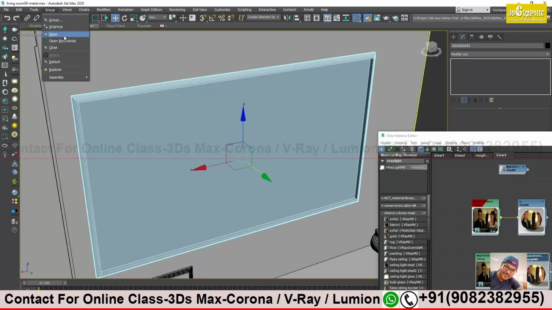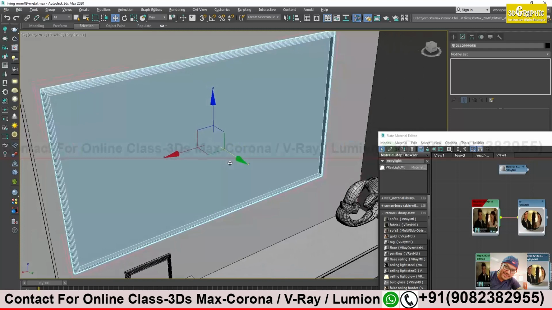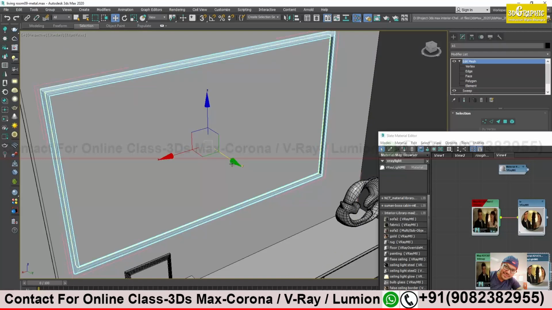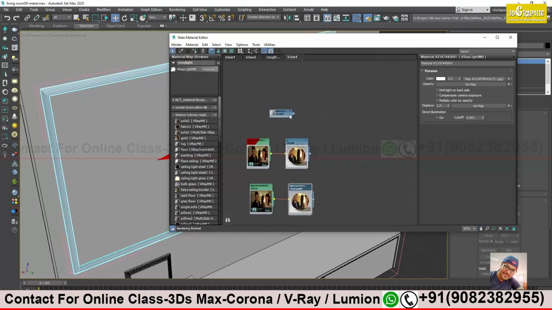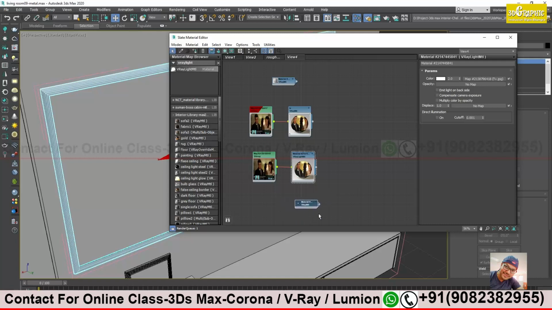That should be some kind of plastic material, black plastic material. Group, open. Alright. The video material I will take from here.